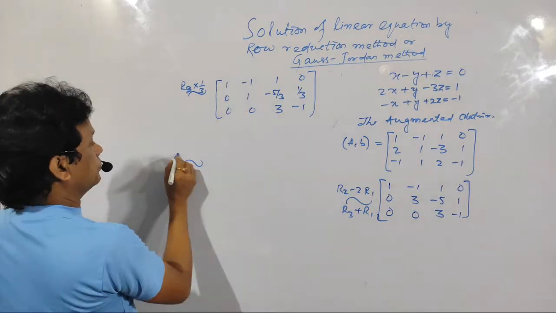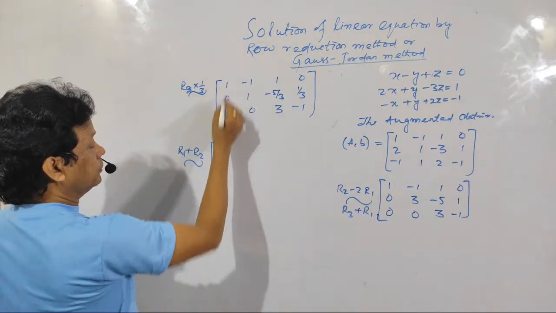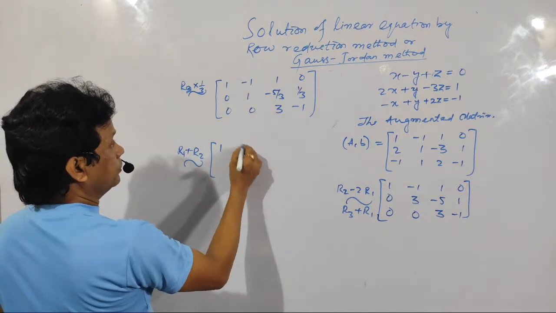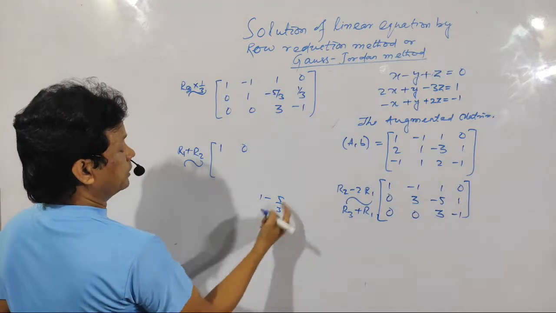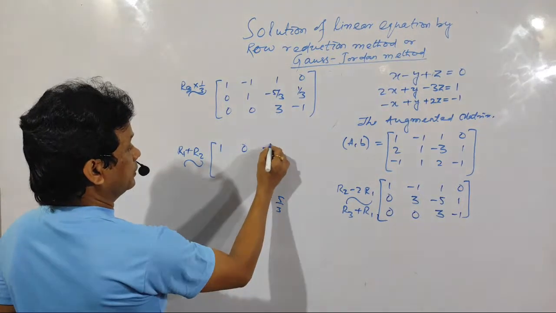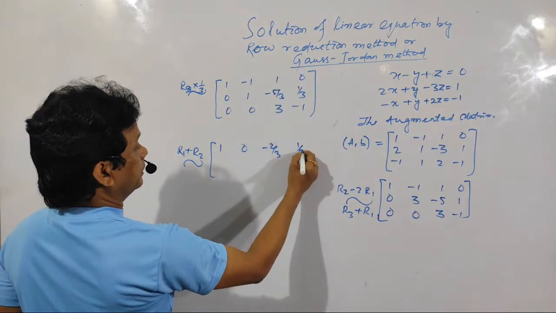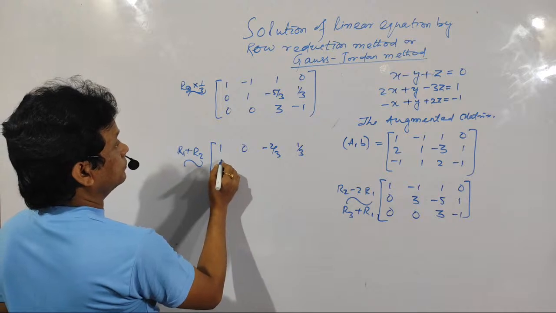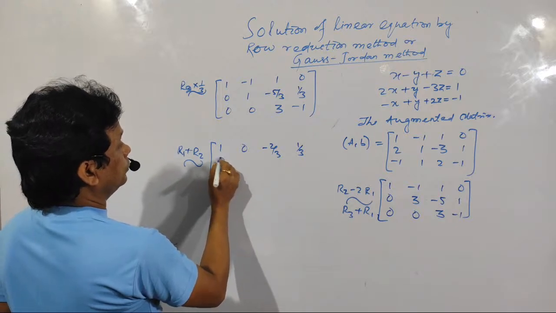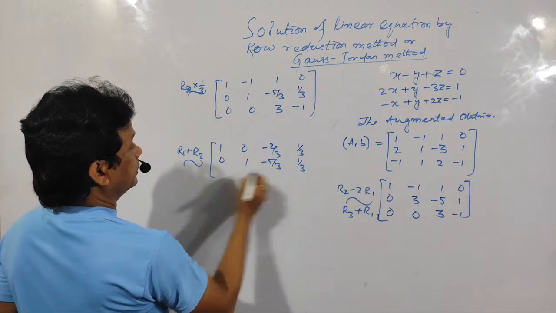So simply add this one, R1 plus R2. So it will become 1, this will become 0, this will add by adding 1 minus 5 by 3. It is 3 minus 5, minus 2 by 3. Clear? And this one it will be 1 by 3. Okay. Now this is 0, 1 minus 5 by 3. This is 1 by 3. And this is 0,